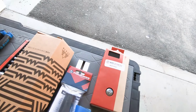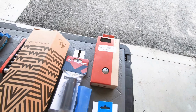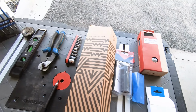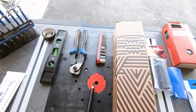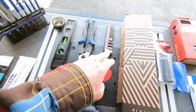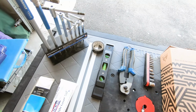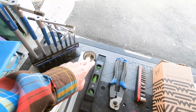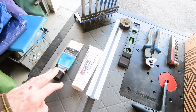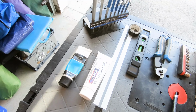Specialized Body Geometry Bar Phat Tape, which has some extra gel pads under the tape for taking the sting out of gravel and that sort of thing. A nice addition. As far as tools, we have a torque wrench, cable cutters, some hex bits, a level to level out the seat, some tape for the bar tape, grease and carbon assembly